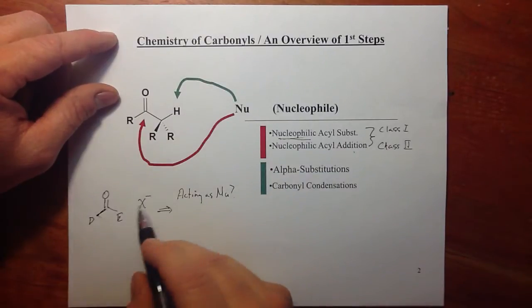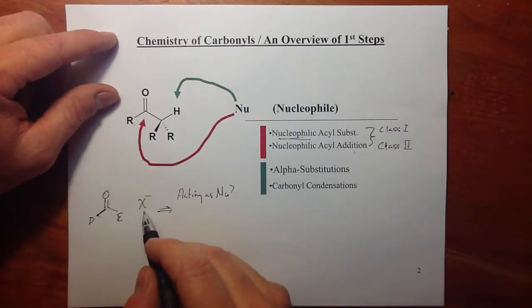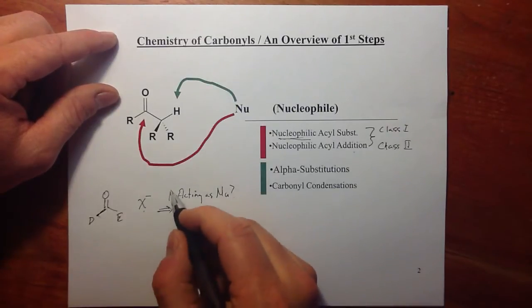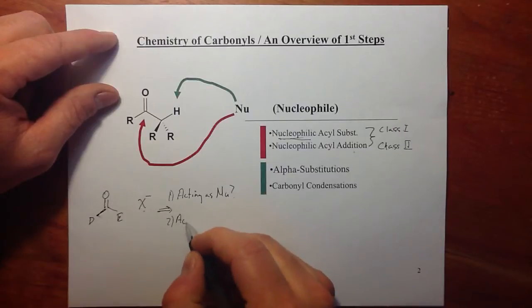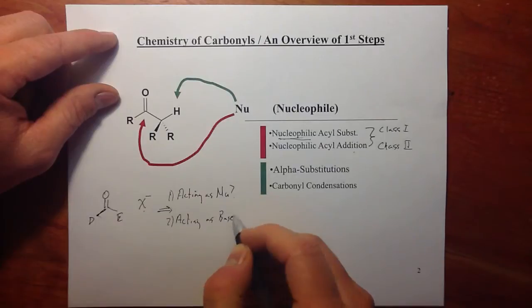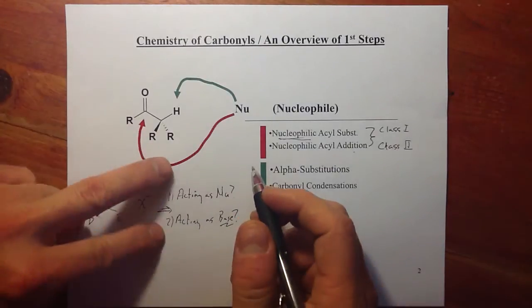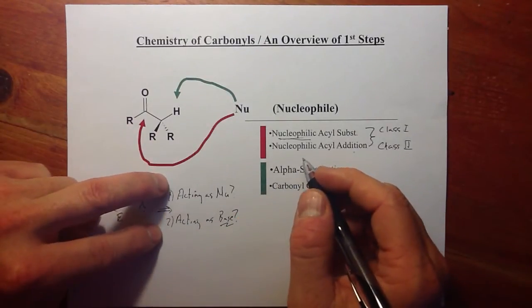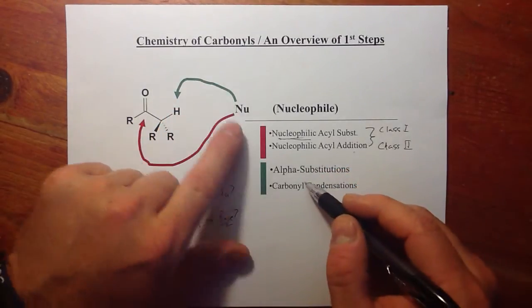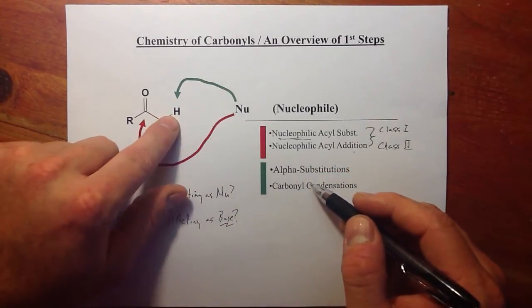What could I do acting as a nucleophile from this negatively charged species to this carbonyl-containing species? That's number one. And two, what could I do if I was acting as a base? Because in many cases, these two reactions are competing against each other. So as we move into this, what we'll have is the green arrow, where the nucleophile attacks the proton